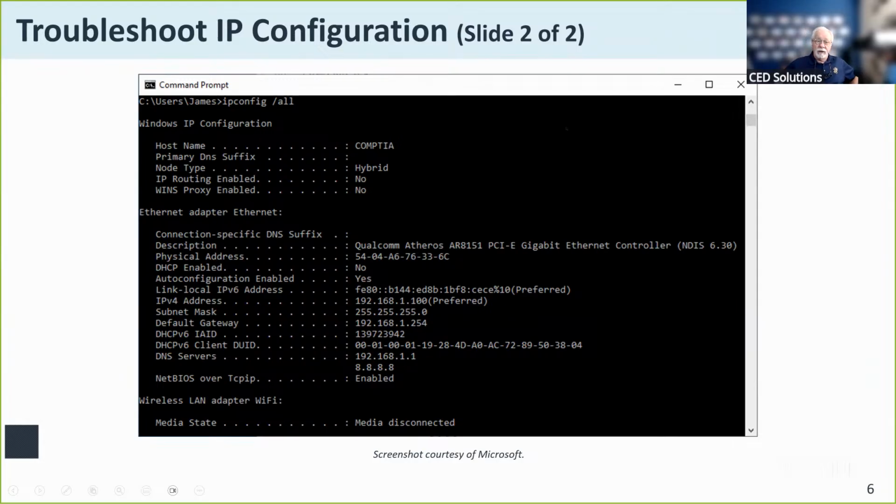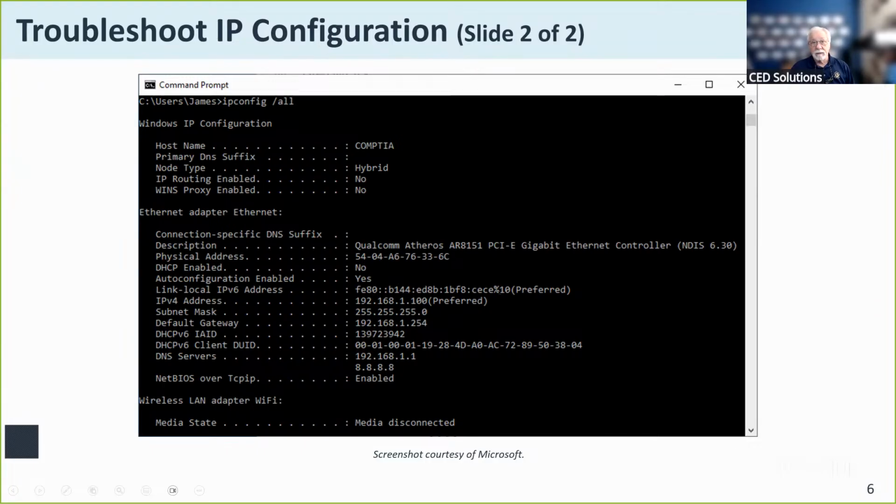If you were to run the ipconfig command with the /all parameter, it tells me about my network adapter, my NIC. There's the MAC address, the physical address. Remember, that never changes. It will tell me whether it is DHCP configured, meaning that it's an automatic type of configuration.